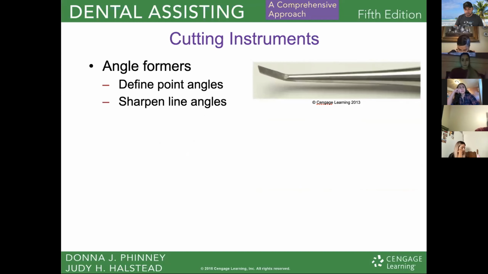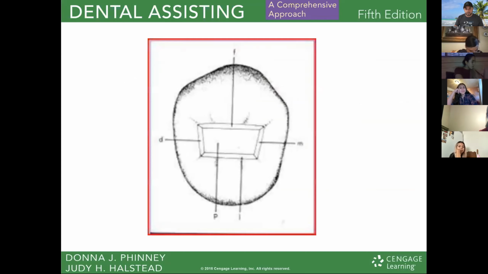We have angle formers here, which define point angles and sharpen line angles. And you're probably wondering what the heck is a point angle and what is a line angle? Well, in this picture, we're going to come to again. So a line angle, you can think of a line angle in two different dimensions. So it's where two points come together. So for example, if we look at this line here, as it intersects with this line here, this intersection here